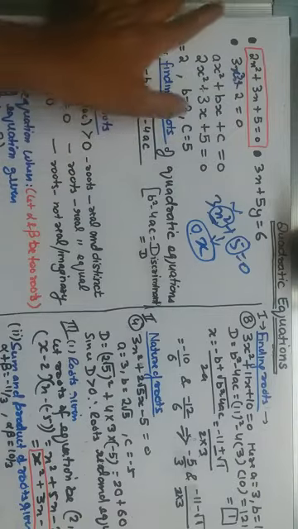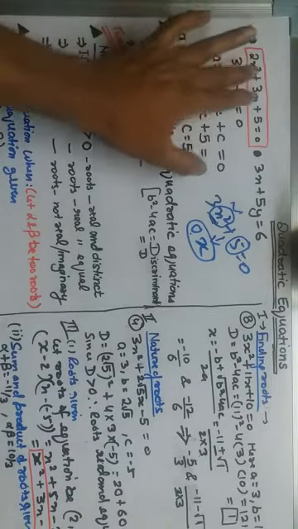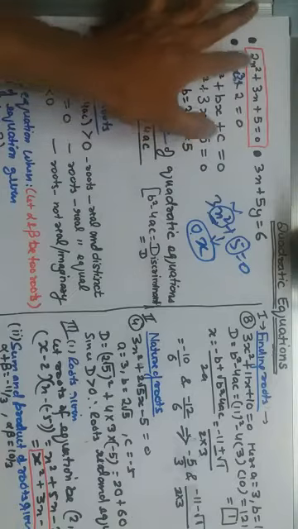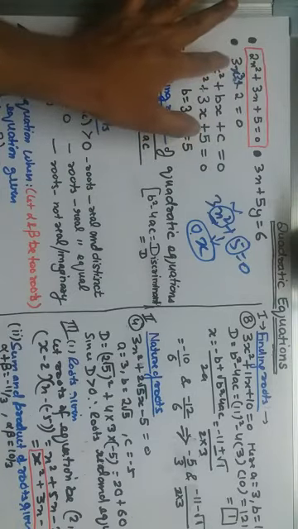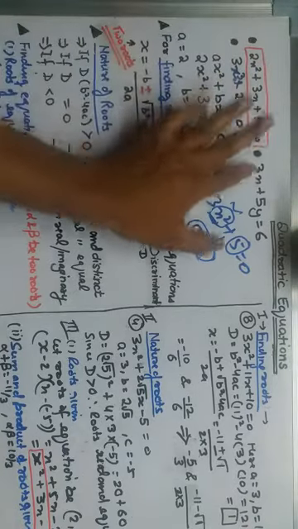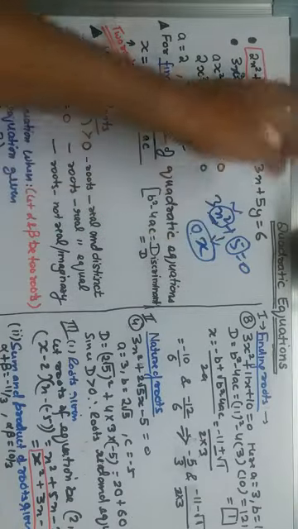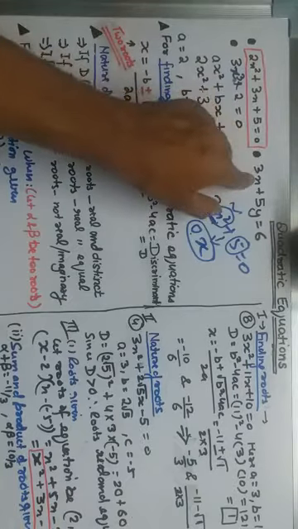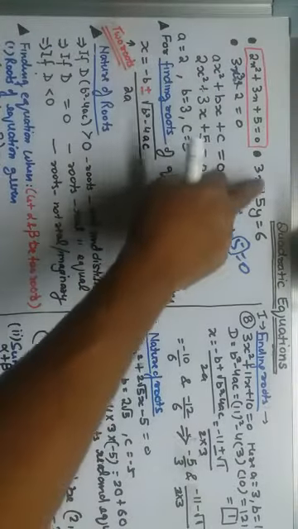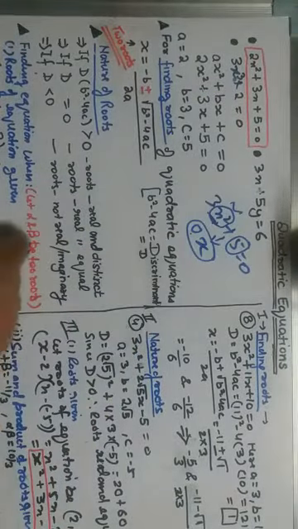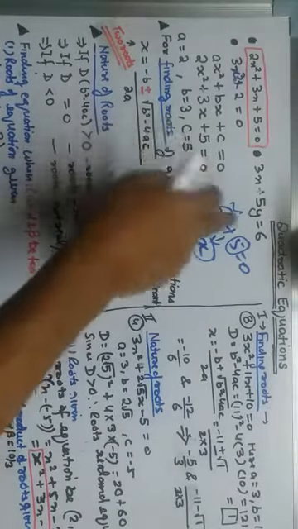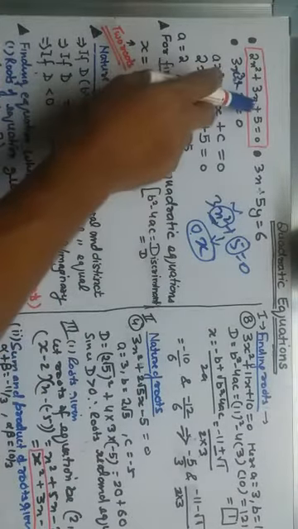So what is the difference? One has x square, x, and a constant. The second does not have x square, it has x cube and a constant. This has no value of x with a greater degree. Greater degree means a higher power of x; here x has a single power, y has a single power. So among these, which one is the quadratic equation? This one is the quadratic equation.